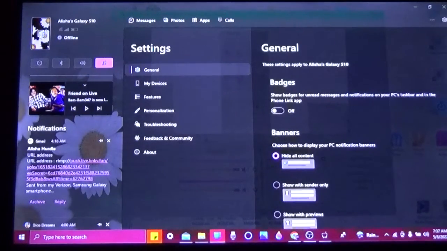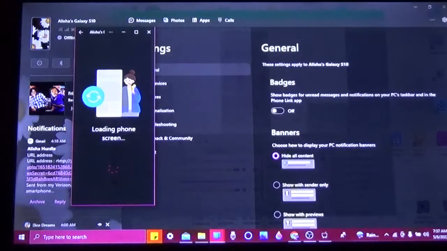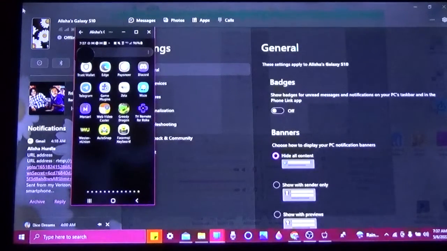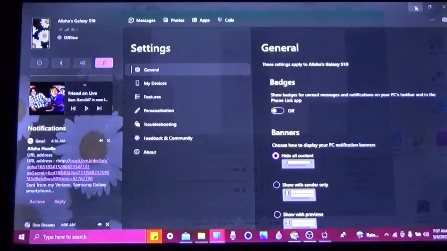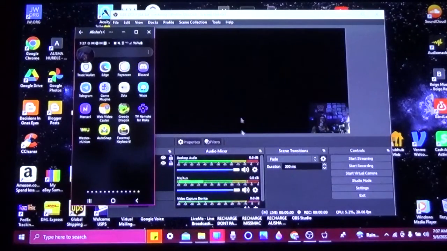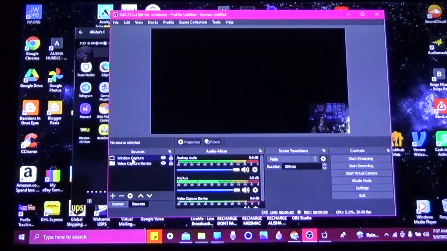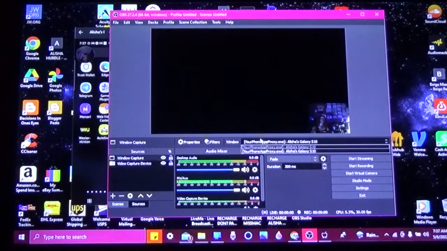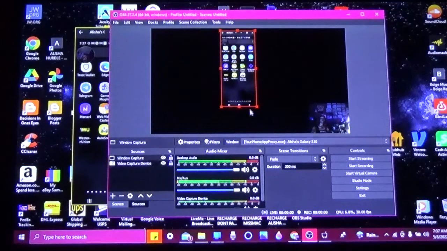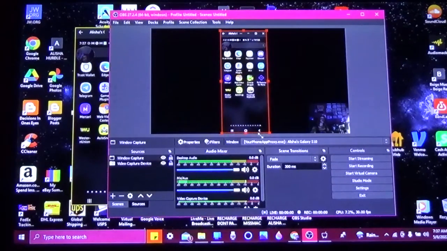So I'm going to click on this screen again. Here we go, link to Windows. It's popped up. Okay, see that little circle right there? If I open it, can you see me? Okay, so now let me bring this down. And now from here, let me click on Windows Capture and let me open up the phone. And you should see me up in that corner. So now you should be able to see me, and you can make this